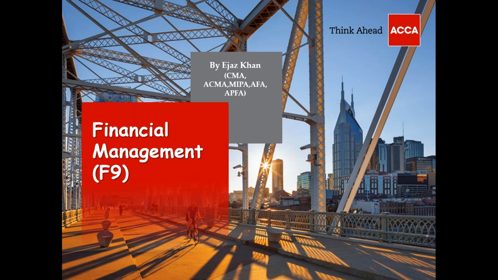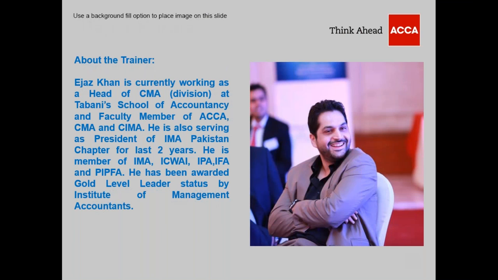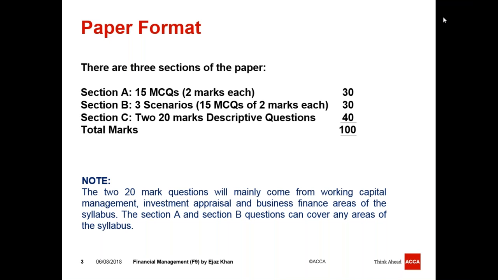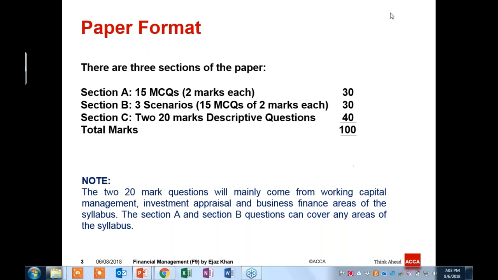Before we start the basics, let me first discuss the paper format for your computer-based exam. As with your other foundation level papers, the financial management paper will have 3 sections, one of which will be section A, which will have 15 multiple choice questions or objective type questions with 2 marks each and 30 marks in total. Then you will have section B, which will have